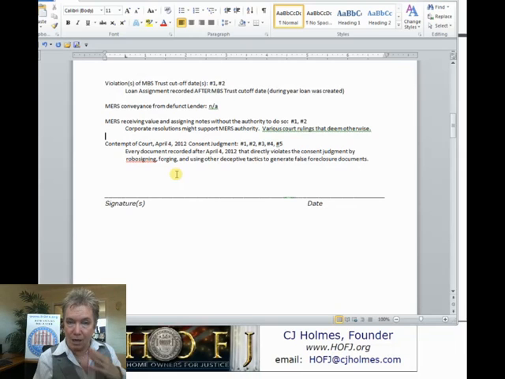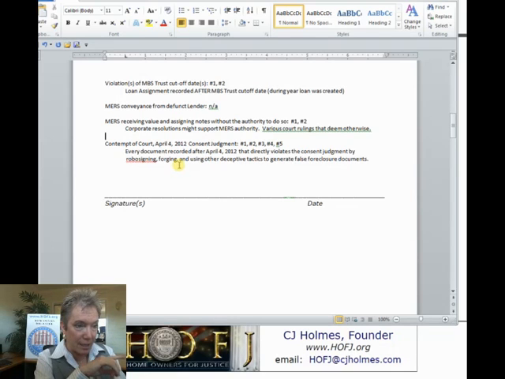I think it is our duty to bring it to people's attention that various court rulings have said that is illegal, that MERS does not have the authority to transfer the beneficial interest in the note, only the deed of trust. So what good is that? And so let's point that out, and I'll probably reword that a little better. That it is illegal, but MERS might have some corporate resolutions or something.